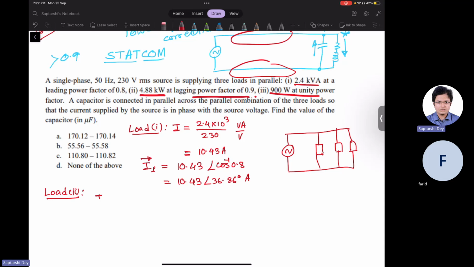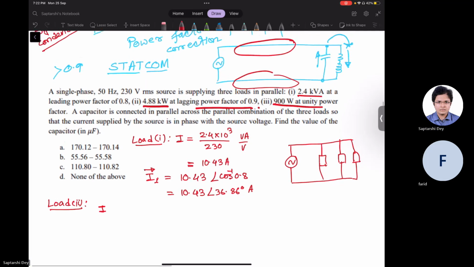So here the current is 4.88 kilowatt by voltage 230 times the power factor, because we know IRMS times VRMS times the power factor gives us the real power. So real power divided by voltage times power factor will give us the RMS current. So how much is the RMS current? 4.88 times 10 cube by 230 times 0.9. RMS current comes out